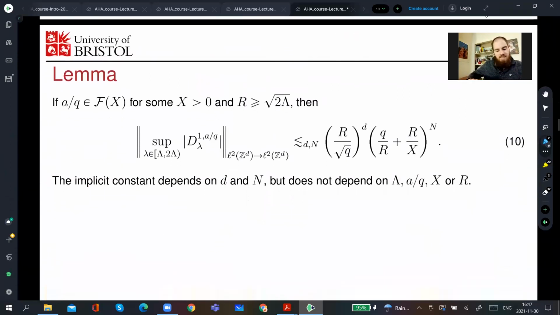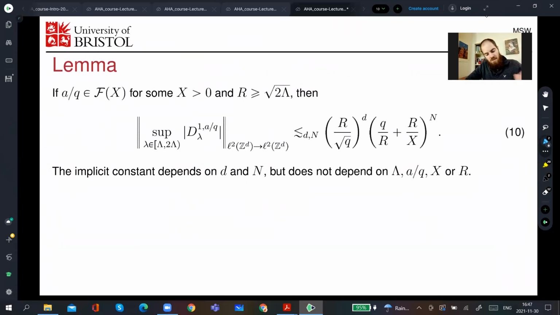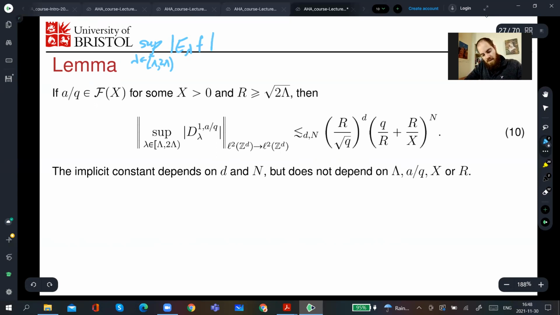Okay, so how do I handle this difference? Well, that's going to be in this first lemma. So our first error term is this one. Remember, I have this error term, E of lambda, and I'm looking to control the sup over lambda between a big Lambda and twice big Lambda of this, right? I want to control this on L2. And I want to control it by something here, whatever the best thing is I can put there, of course, times the L2 norm of f. So the first part of that, D1, satisfies this bound.